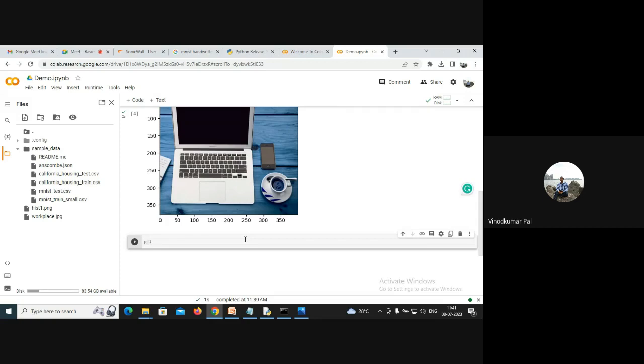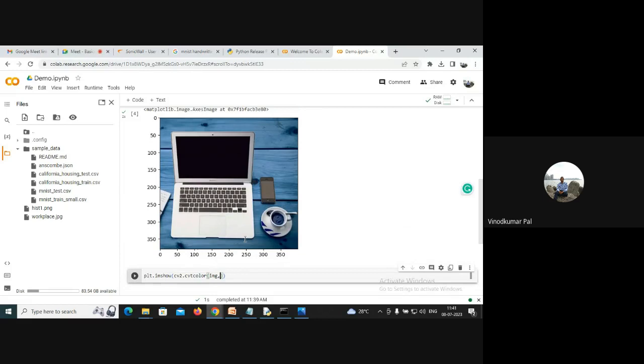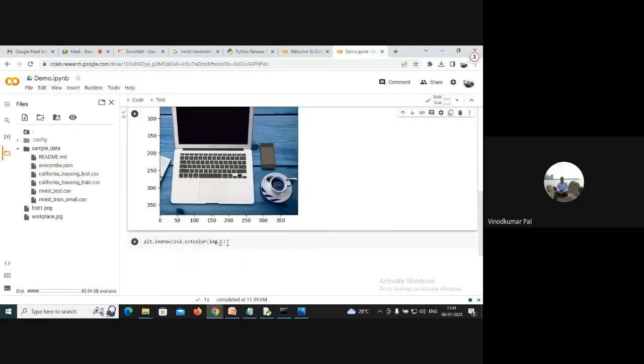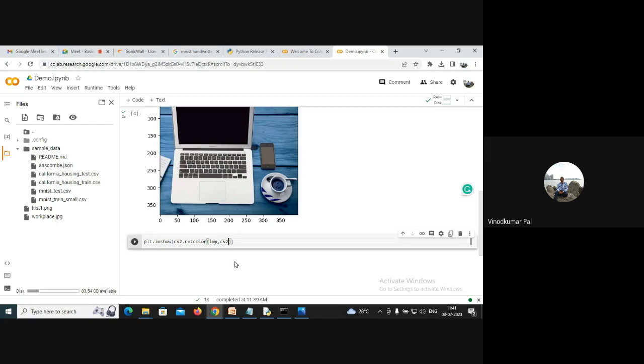For this I'm writing code over here. In cv2 there is a function called cvtColor, and in this cvtColor I pass the image that has been stored in the variable img. So I pass img, then cv2.COLOR, and we are trying to convert this BGR to RGB. Okay, and when we run this,